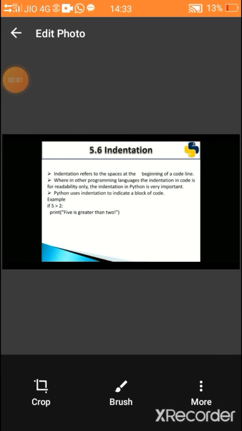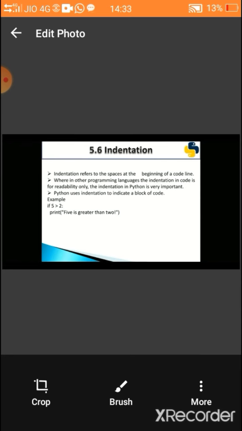Let's see indentation. Indentation refers to the spaces at the beginning of a code line. In a C++ program, we use curly braces for a block. But in Python, we have to give some space before we specify a block. Look at the example. if 5 greater than 2, we write the condition, then a colon.